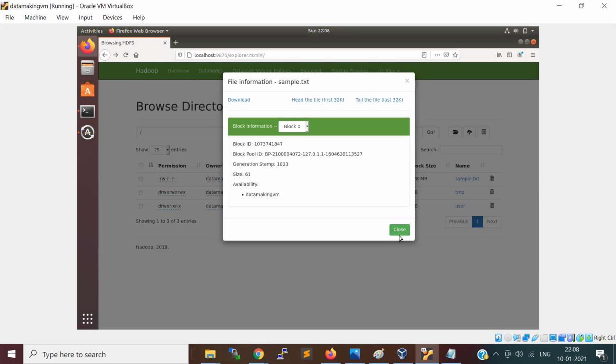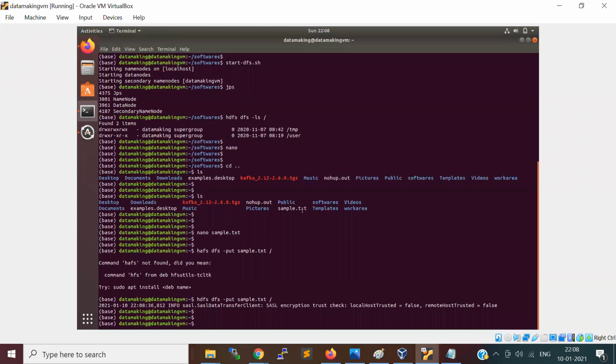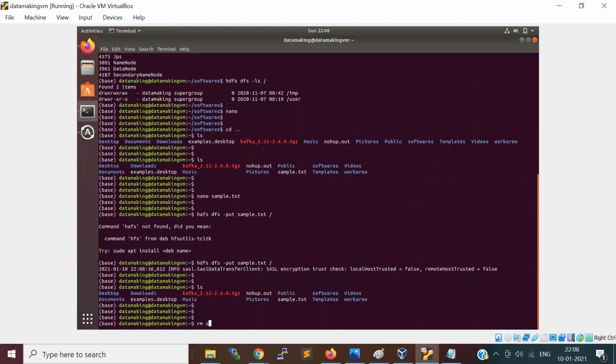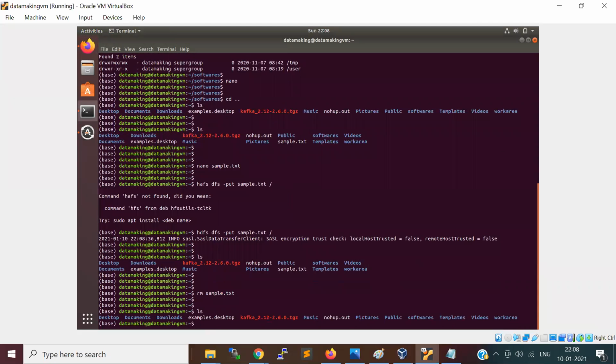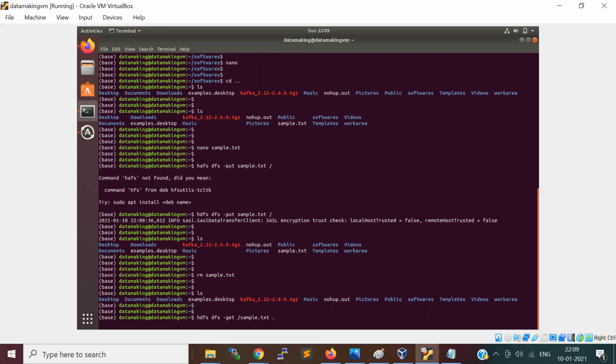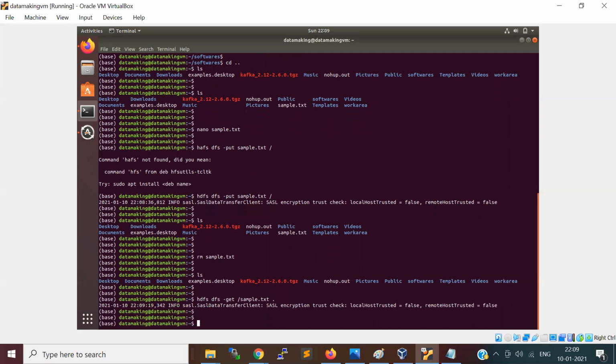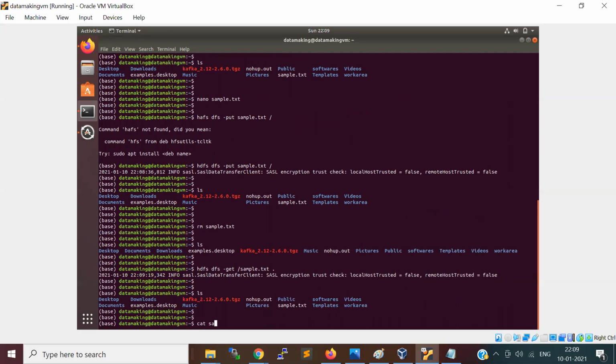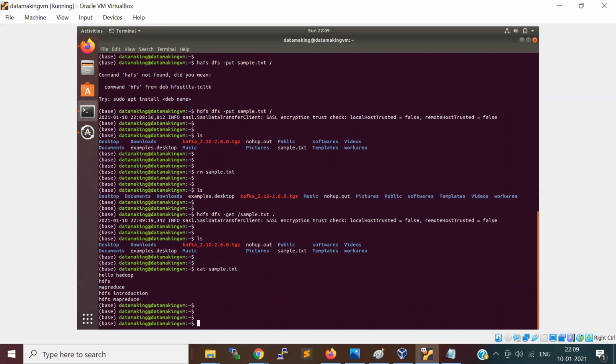I can download the file and check, or I can use the HDFS command. Whatever file is there in local, I just remove. There is no file in local, so I use hdfs dfs -get with the file name sample.txt, which is in the root directory, and store it in the same location where I am. It's fetched, so I can just do cat and see this. So this is how we need to work on HDFS.